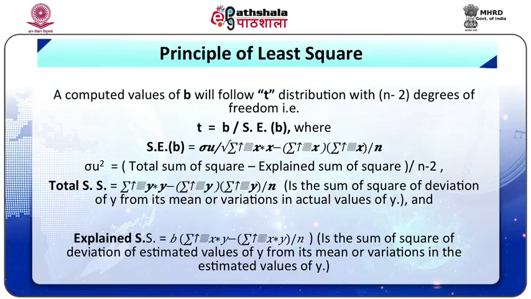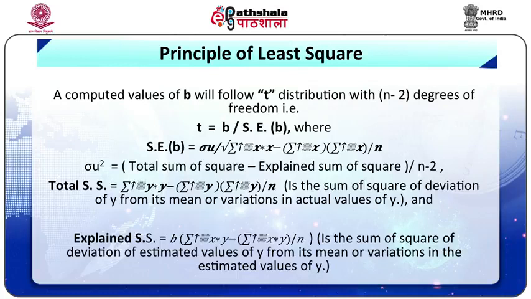Sigma u squared is equal to total sum of squares minus explained sum of squares upon n minus 2. Total SS is equal to summation y squared minus (summation y)^2 upon n,